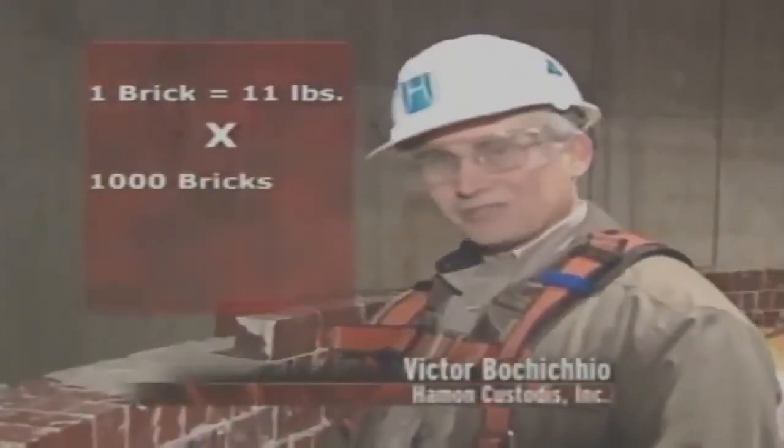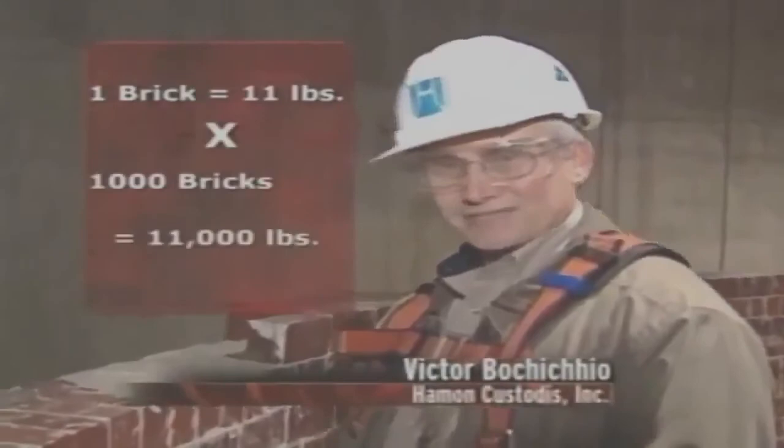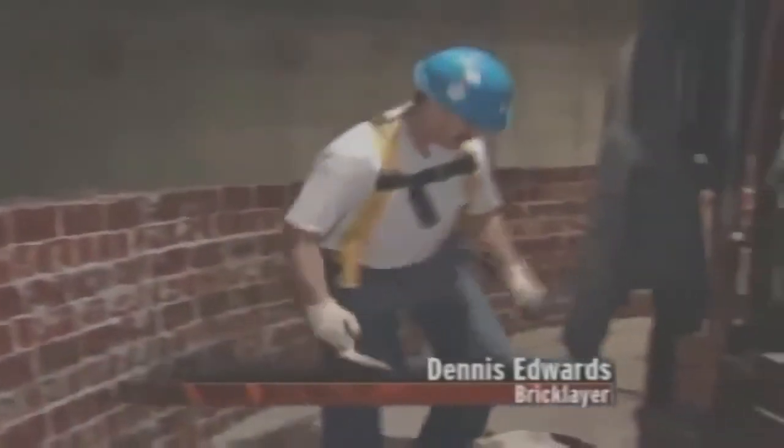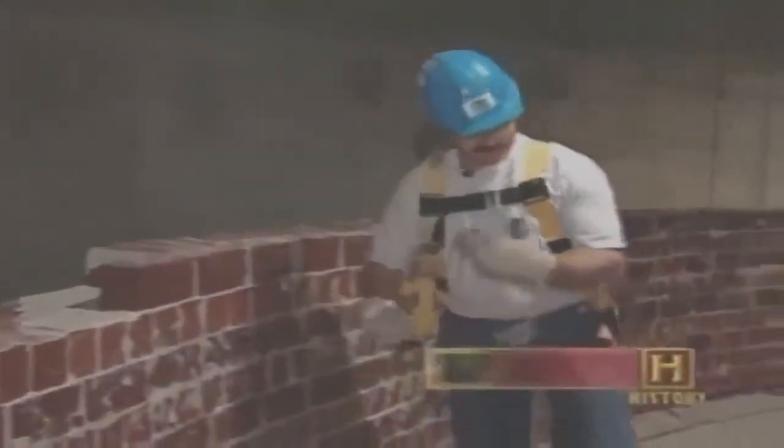Each brick weighs approximately 11 pounds, and each bricklayer lays about 1,000 bricks a day. So during the course of a day, he's lifting approximately 11,000 pounds. Get you right in here and get you right in here. It just takes a lot of time and practice. I mean, if you do it every day, you get better and better at it. It's kind of exciting being up this high, up in the air. The challenge of the job itself, you can say you